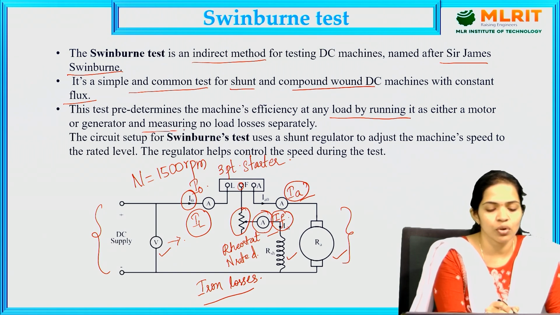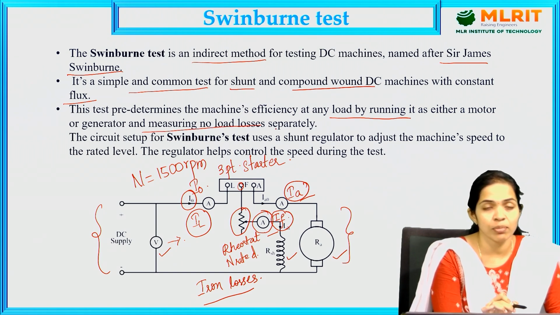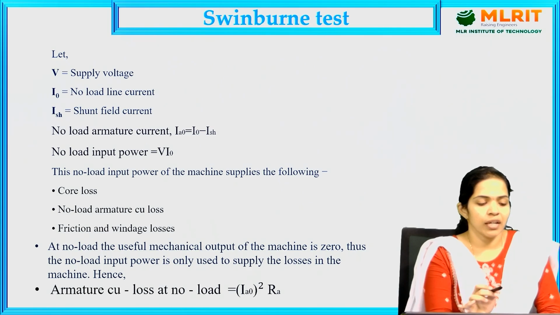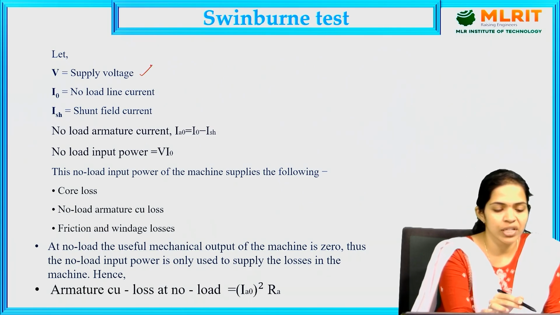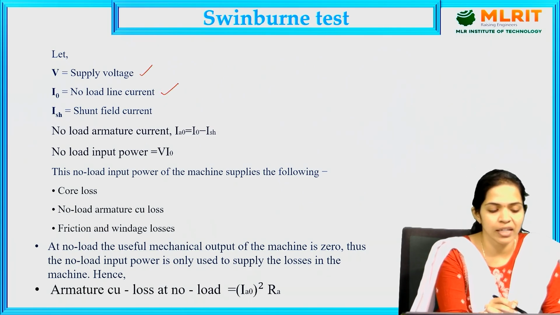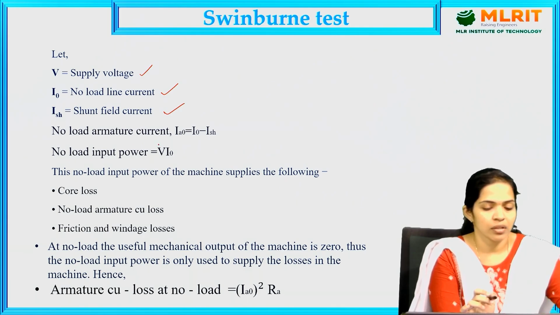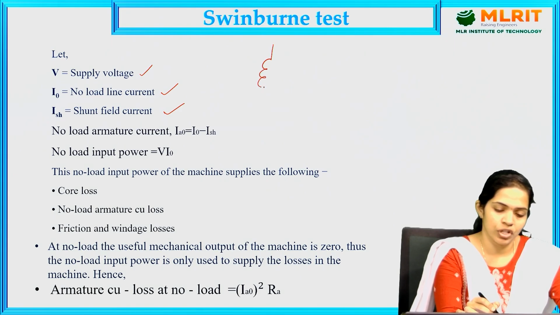So measuring the no load losses separately. We are going to measure the no load losses separately. Then let us consider V as the supply voltage, I0 as the no load line current and ISH as the field current, shunt field current. Now the no load armature current will be, if we take the shunt machine, the shunt motor,